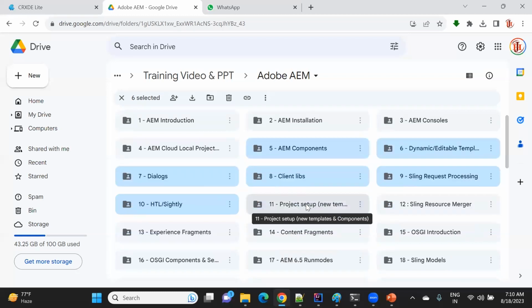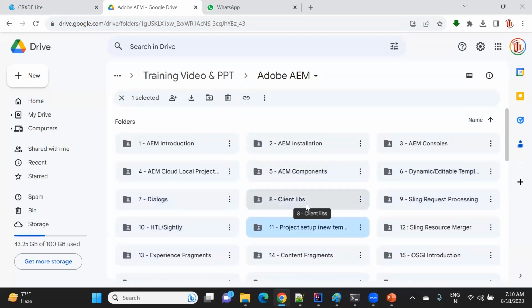As part of day 11, the concepts we learned from day 4 to day 10 we'll implement in a real-time project. Day 11 will require at least 12 hours of time. As part of day 11, I will show you how to implement these components, editable templates, dialogs and design dialogs in real time. This is a very small project. The project name is News Portal. As part of this project, I will cover